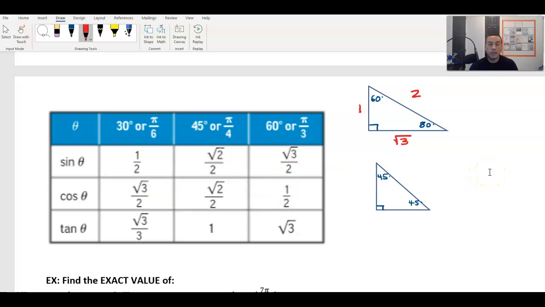Now, if you can memorize it, you'll avoid having to draw the picture, but if not, that's okay, you can draw the picture. In a 45, 45, 90 triangle, the ratios of the sides are 1, 1, radical 2. Remember, if you have 45 and 45 degrees, you have 2 equal angles, so you have 2 equal sides. Those sides, the legs, are 1, and the hypotenuse is the square root of 2. So that's why, if you look at